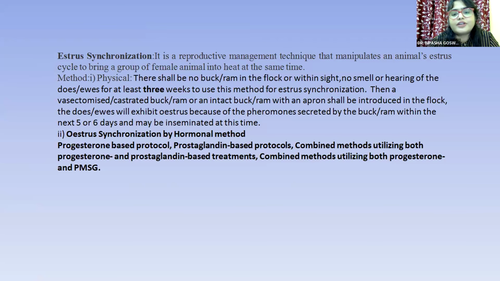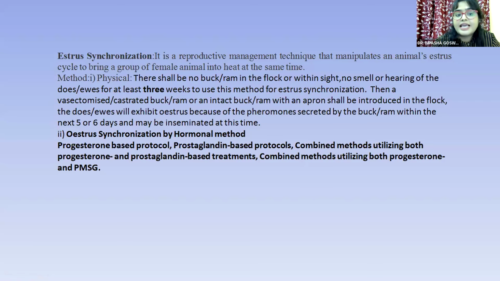There are different types of methods. Some are physical methods and another is the hormonal method. In the physical method, there shall be no buck or ram in the flock within sight, smell or hearing of the does for at least 3 weeks. In this method of estrus synchronization, male and female goat or sheep should not be within sight for